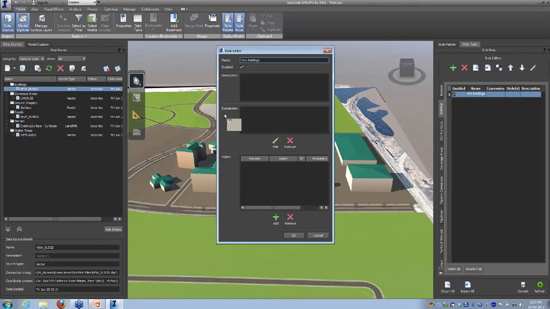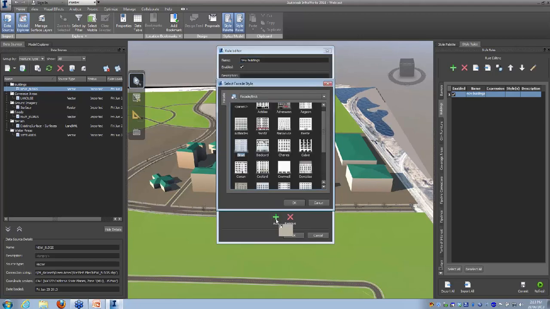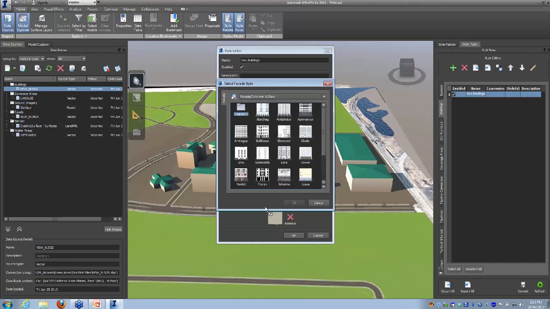I'm going to take all of the buildings that have come in, and we can just add styles directly to those. So we can add multiple styles if we want. So I've got some I've played with already here. Because they look quite reasonable, let's go and have a go. Let's go for concrete and glass type. We'll add in